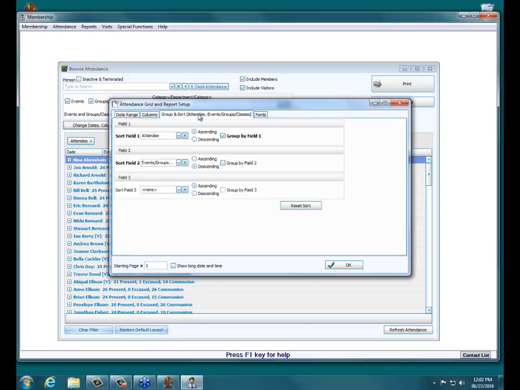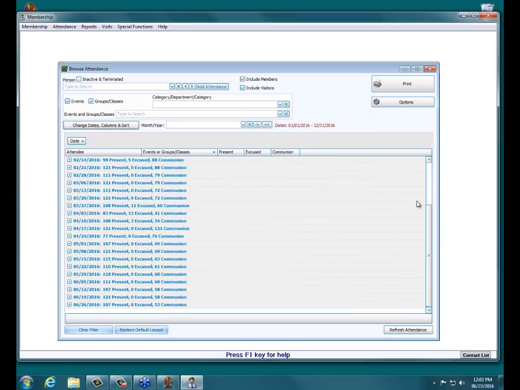If I go to the columns tab, sort field 1 is attendee, and sort field 2 is events, groups, classes. So if I change attendee to, say, date, and leave sort field 2 there, and click OK,